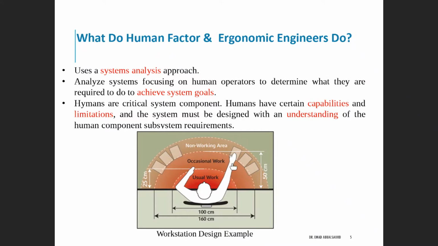Now for the occasional work, that's less than the usual work, you do it in a further distance, for example to 50 centimeters. The things in the non-working area, they call it, that's for the things you rarely do, or maybe